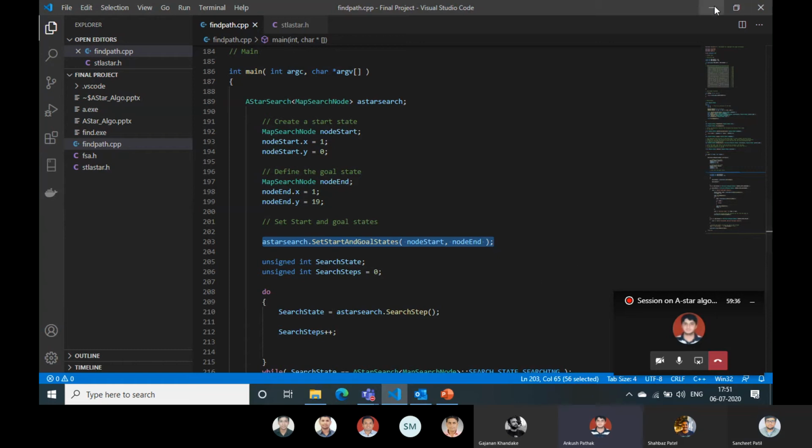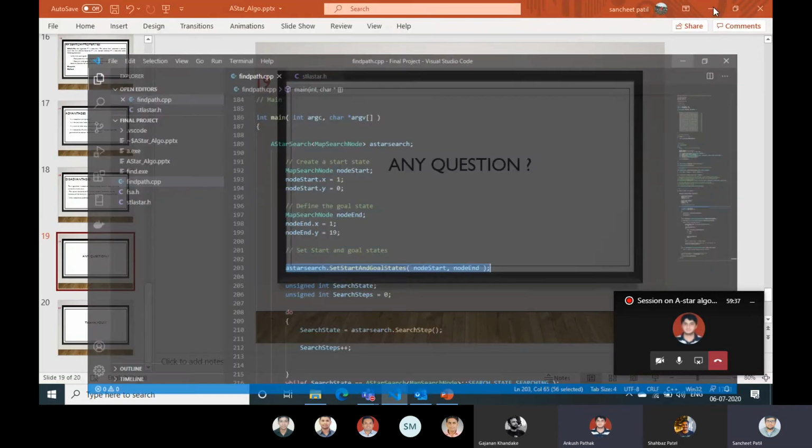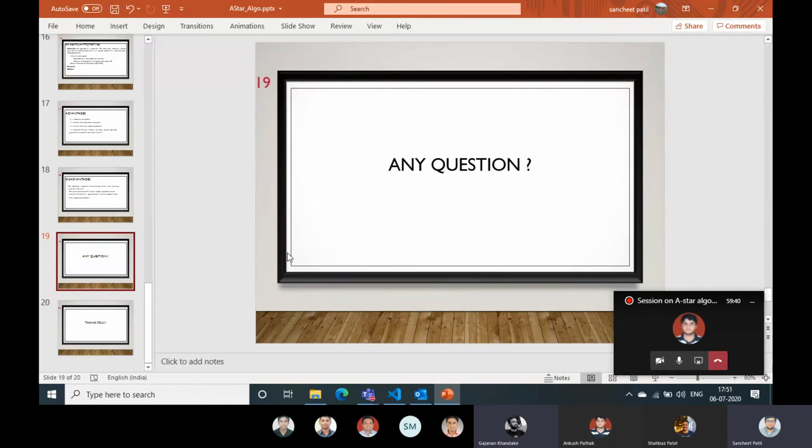Thanks. Okay. Thank you. So Sanchit, would this algorithm work if we have less memory available? If we have a memory constraint. Okay, if we have a memory constraint, no, because it will be saving the instance, right? So at least we will be needing a huge amount of memory to store.